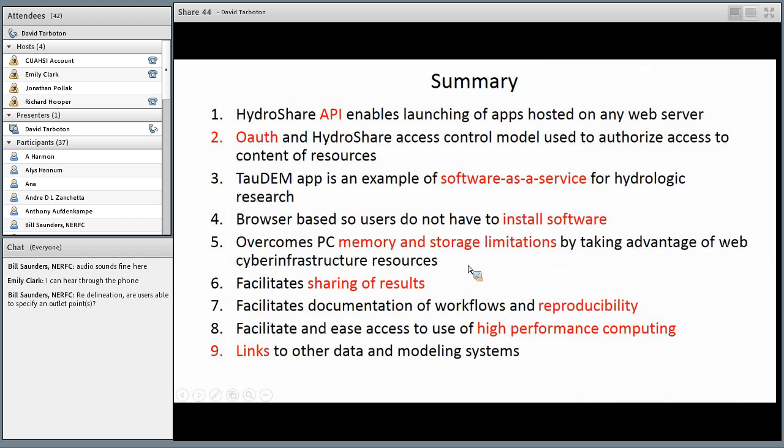research. So a bit of a summary of what I've shown is that the application programming interfaces that HydroShare has enables launching of apps hosted on any web server. So that makes it extensible. The OAuth and HydroShare access control model allows these other systems to access the content of resources. And the TauDEM app was an example of accessing a resource that I created and software as a service for